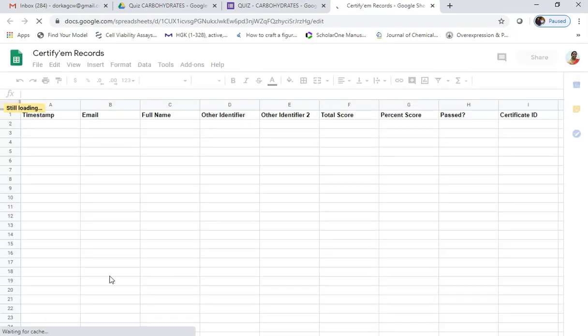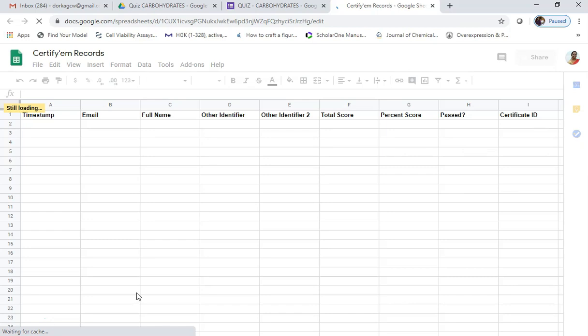In the certificate records, which is a Google spreadsheet, you can see the merge tags which are reflected in your certificate, like full name, other identifier 2, and we can add the percentage score, also the certificate ID.